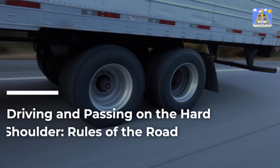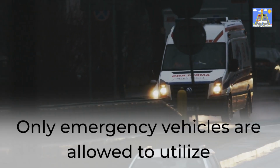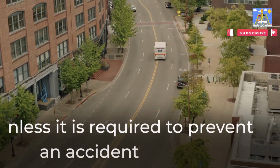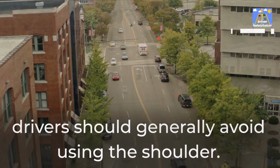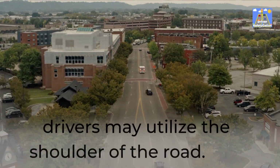Driving and passing on a hard shoulder, rules of the road. Only emergency vehicles are allowed to utilize the road shoulders. Unless it is required to prevent an accident or to remove a disabled car from the road, drivers should generally avoid using the shoulder. States may have different laws governing when and how drivers may utilize the shoulder of the